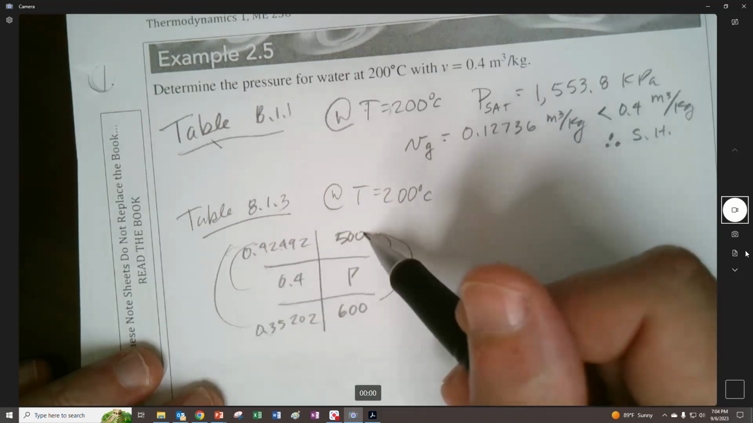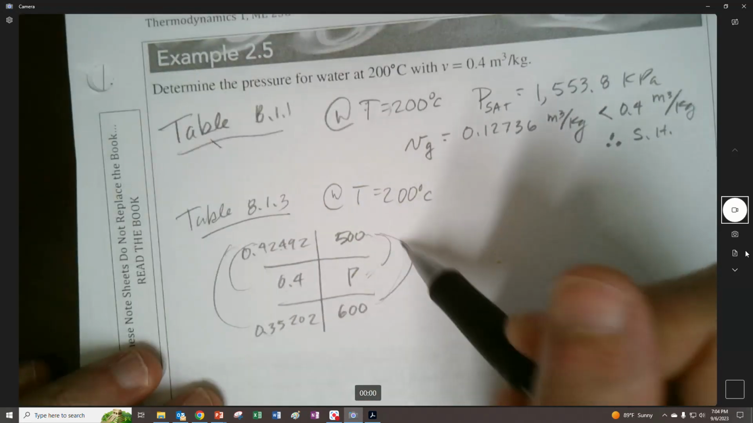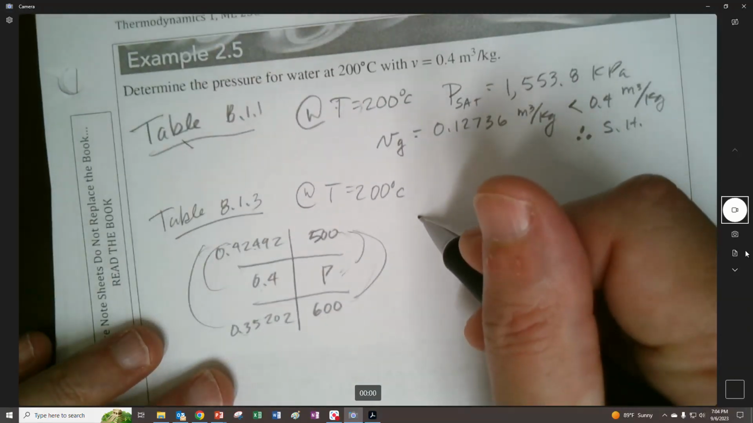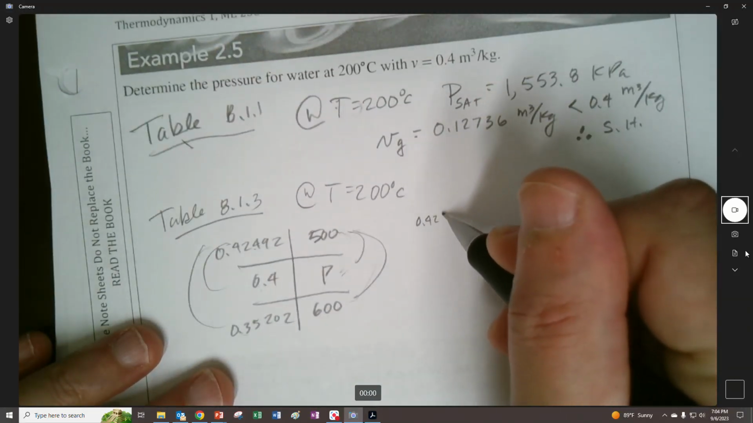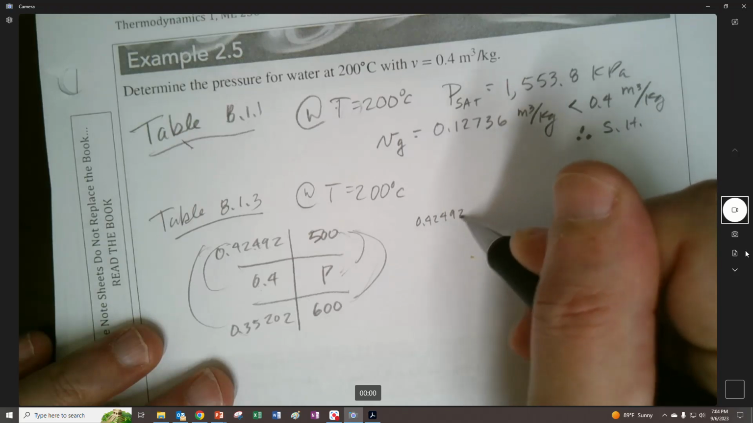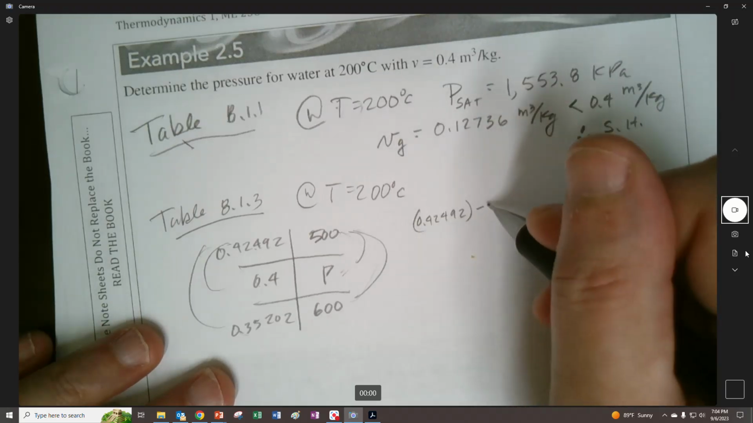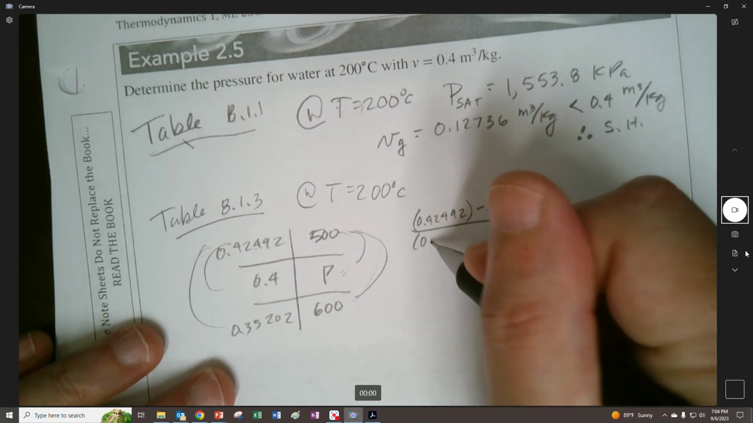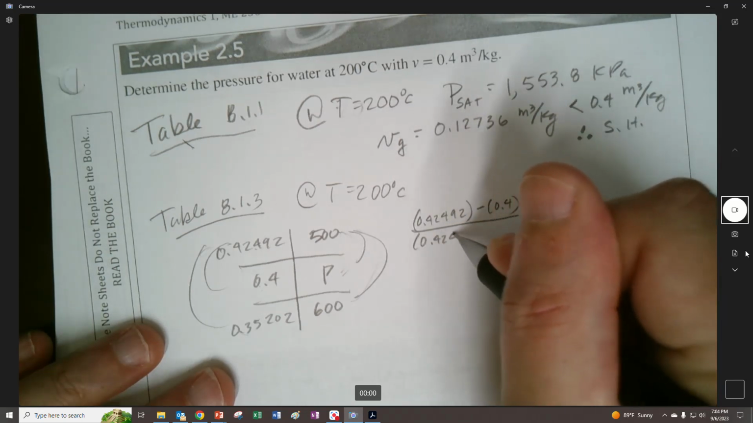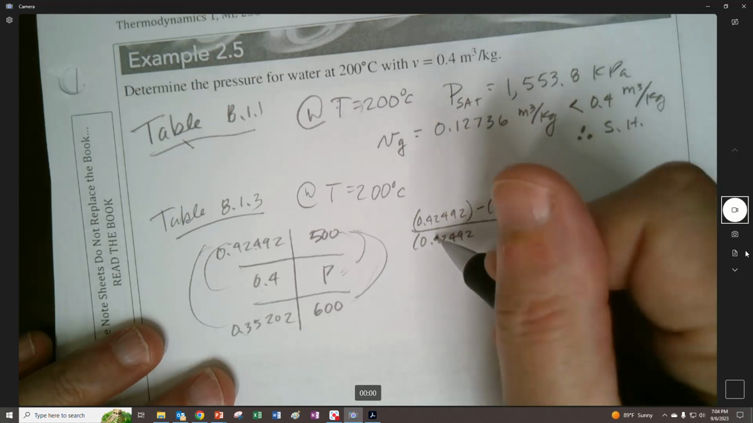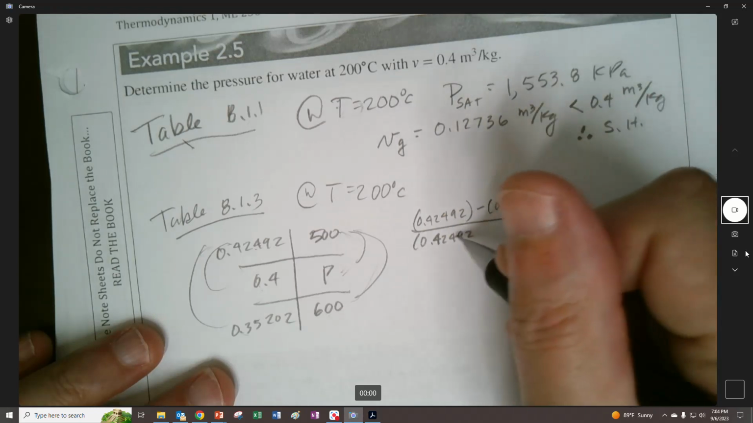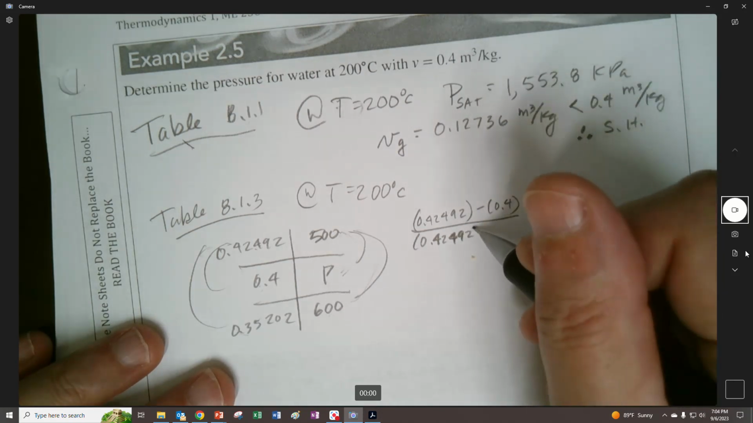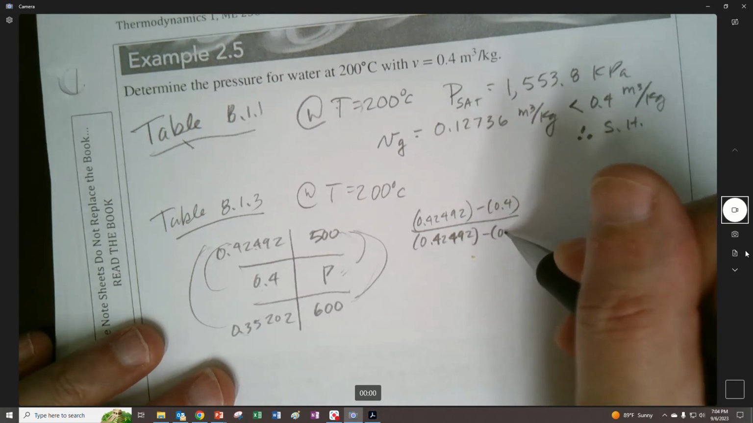And we set about doing our interpolation tables here, where we compare these two, divide it by the comparison of these two, compare these two, and divide it by the comparison of these two. And as long as you're consistent, you should be able to get it. So 0.42492 minus 0.4, divided by 0.42492. My 4s and my 9s look a little bit too much like each other. I've got to do that a little bit better. Minus